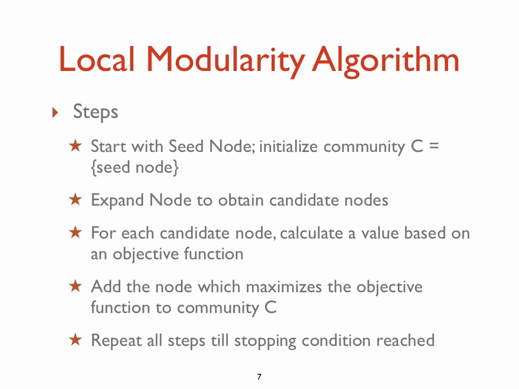We then select the node which maximizes this objective function. We add the node to a community. We now once again repeat this procedure until a predefined stopping condition is reached. Let us look into an example. Our initial community consists of